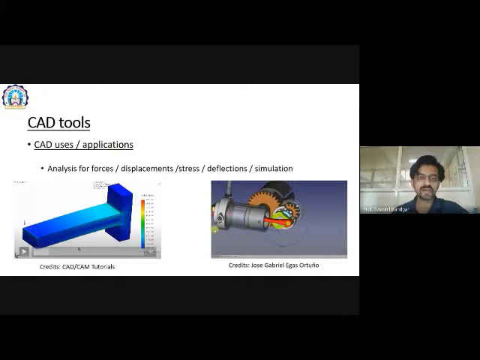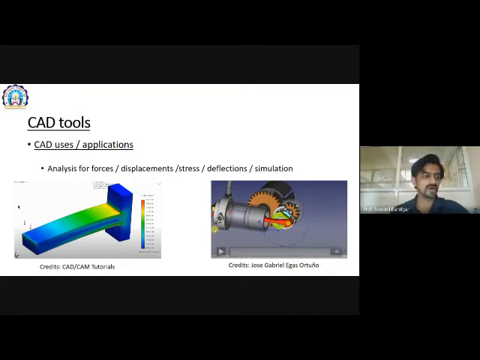So it will give me the displacement and stresses. So see, this is the displacement with that force, and the stress values are given here. Blue means zero stress, and red means maximum stress. So you can see in the cantilever beam, the maximum stresses are developed at the fixed support.